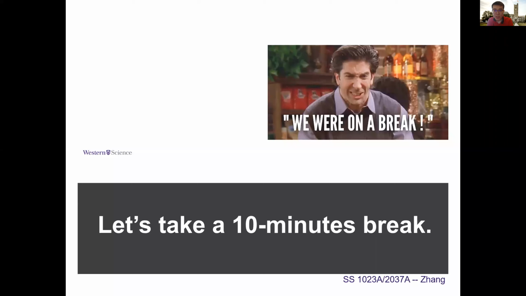Is the final exam cumulative in content? Yes, the final exam will be cumulative in content. It covers all of the contents that we covered, but we will shift more weight to the last few chapters.